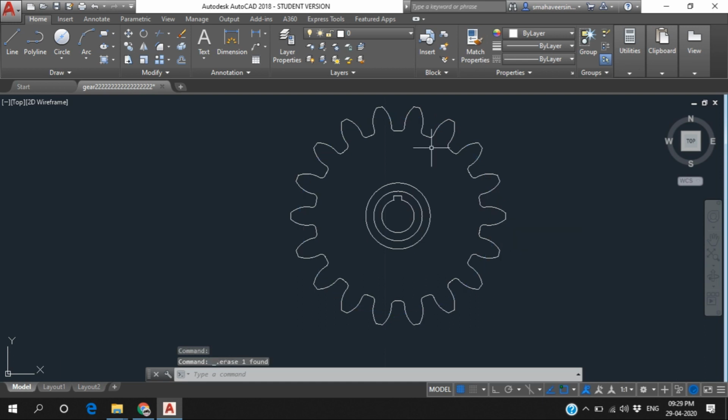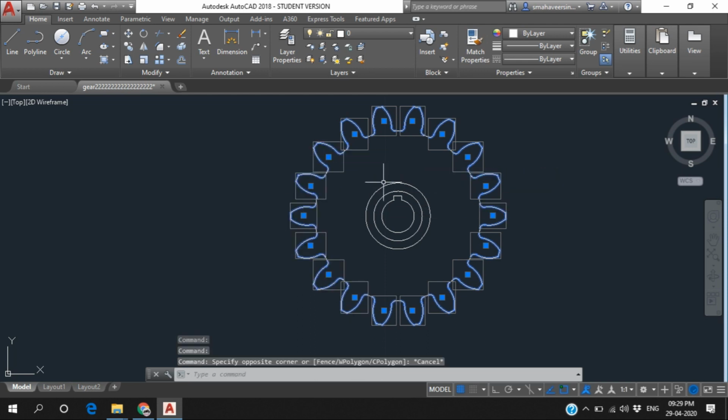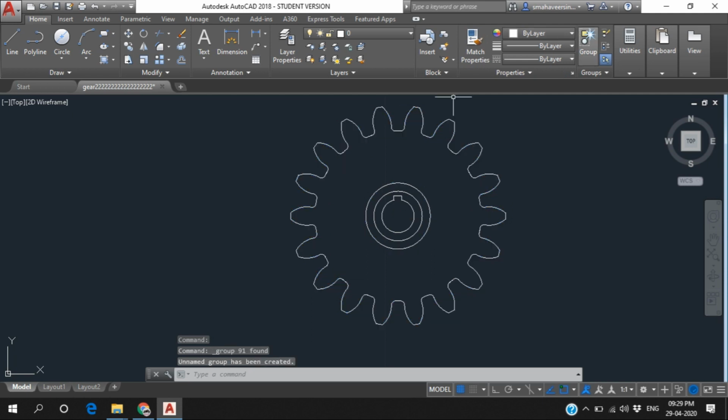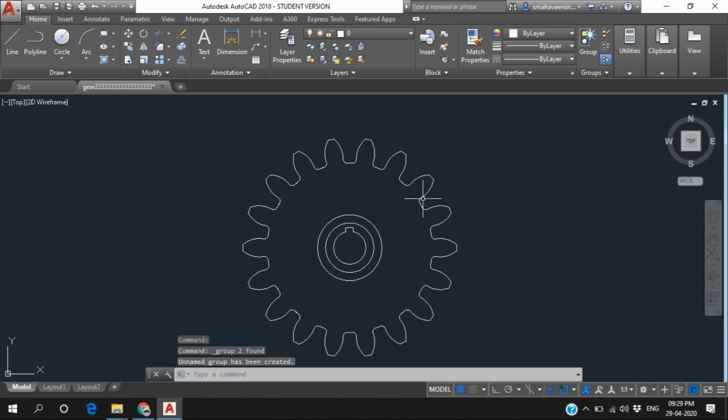When you remove this, to convert to 3D we need a group for all these things. See, this tooth is separate, so we need a group. We select this circle along with this and click on the group option, which means the group is created. Second, the inner part also does not have a group, because we added the rectangle to it, so create a group for this one too. When you complete all the grouping, you see them as a group, showing as one object.